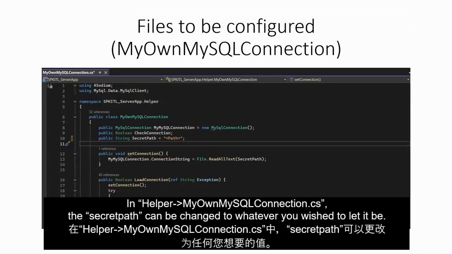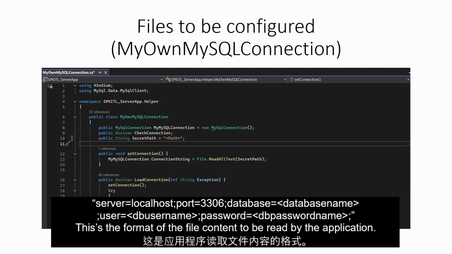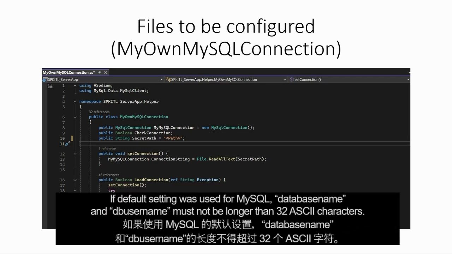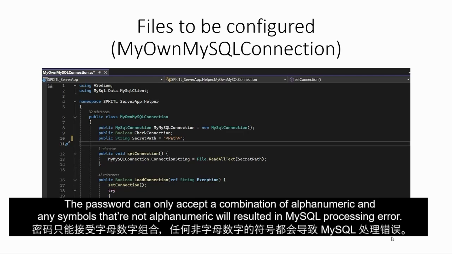In this file, the secret path can be changed to whatever you wish. This is the format of the file content to be read by the application. If the default setting was used for MySQL, the database name and database username must not be longer than 32 ASCII characters. The password can only accept alphanumeric characters, and any symbols that are not alphanumeric will result in a MySQL